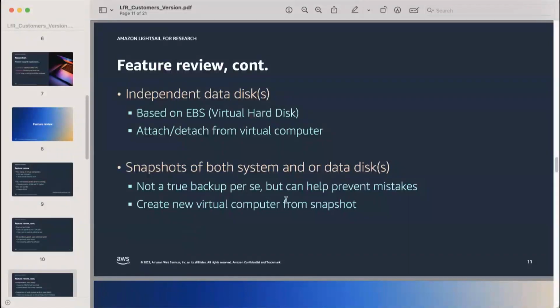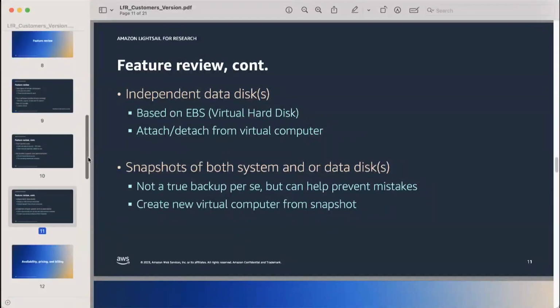And then a snapshot, if you want to have a snapshot of a computer. So let's say you installed a lot of things, you put some data, and then you want to have a backup copy of your hard disk. You can create a snapshot, and then you can use that snapshot with another virtual machine as well if you want to, or you can use it with the same machine. It's entirely your choice. So it's more like a backup hard disk that you've got available, a snapshot of the current machine that is running. You can take a snapshot of the hard disk, which is the EBS, and put it as a copy,